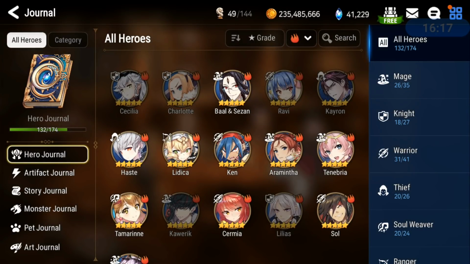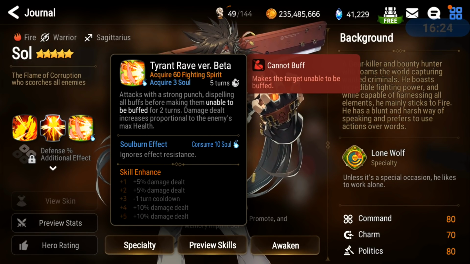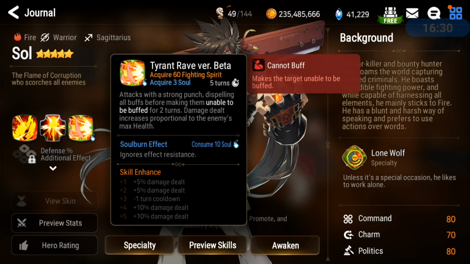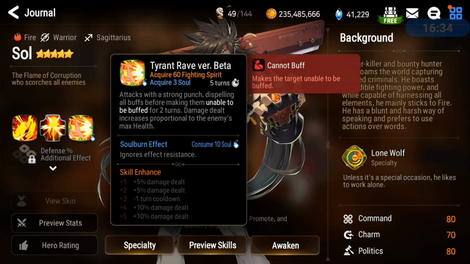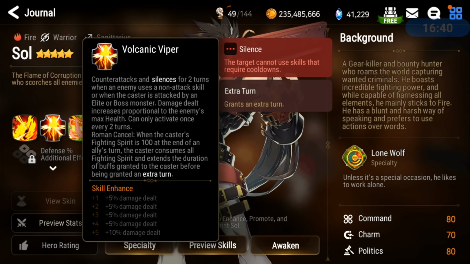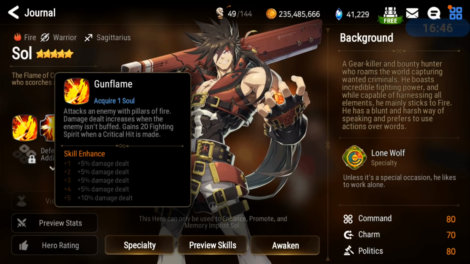Soul Bad Guy from the Guilty Gear collaboration. Very powerful hero with unable to be buffed, debuffed, and that is being applied before making them unhealable. So it dispels and then applies unable to be buffed, debuffed. That is great to take care of that attack buff on the golem. And he's counter-attacking with this when the enemy uses a non-attack skill. The skill 1,